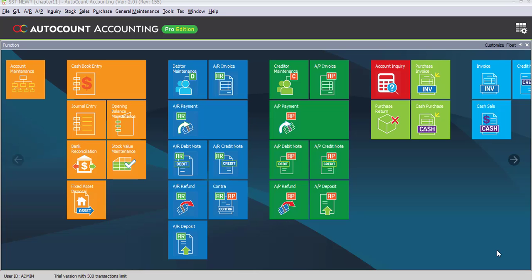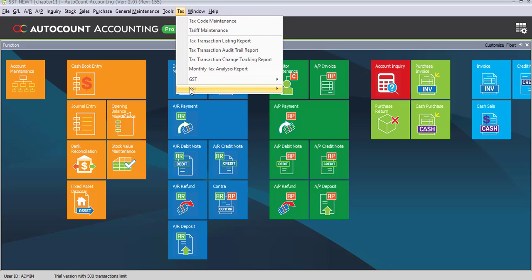Task 12.6 SST Processor and Reports. We'll assume we have already recorded all the transactions for the month of November. So we're going to process our SST processor. Please go to Tax, then select SST